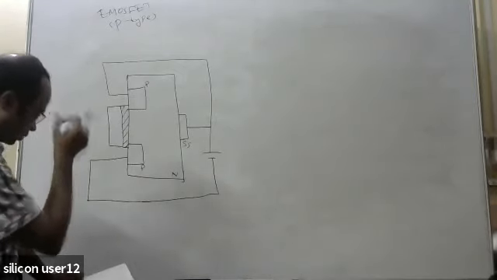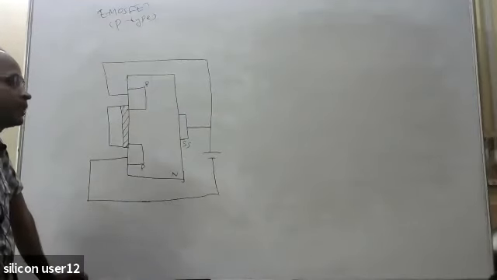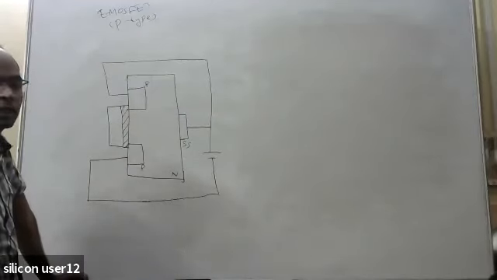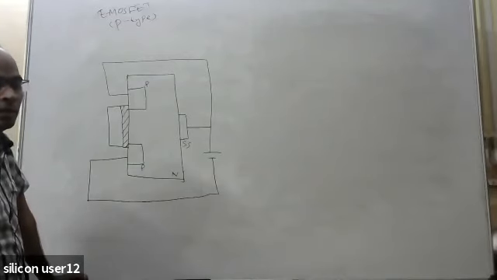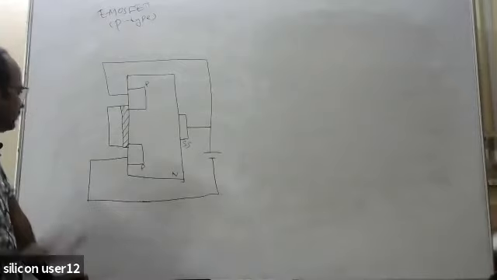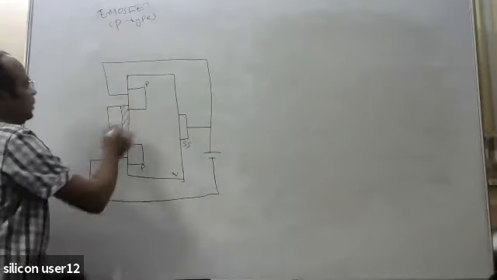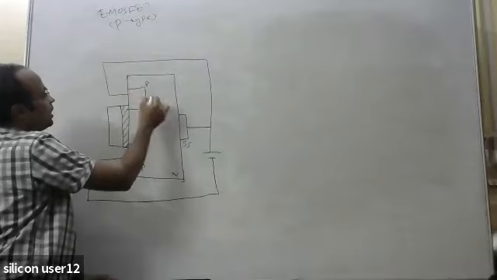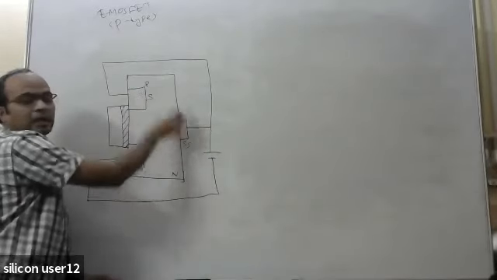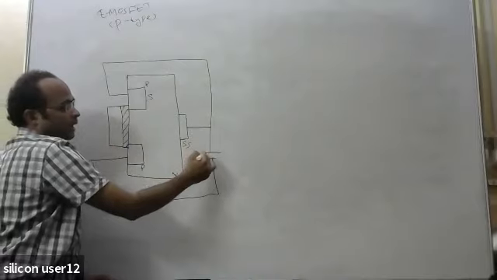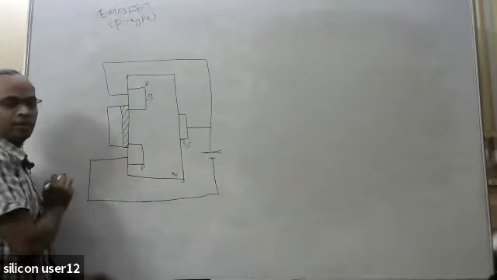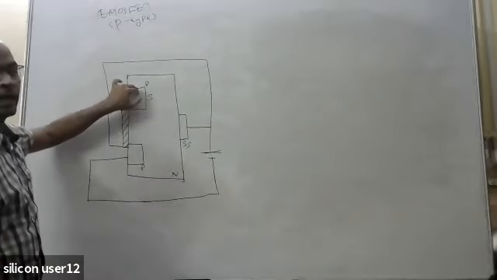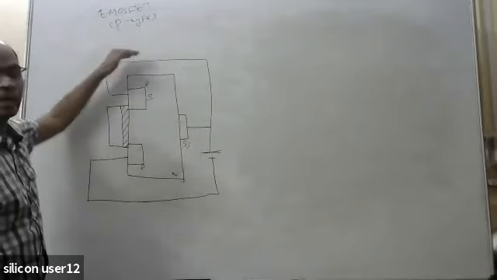So why will we call it the source? Basically, I told you there is no difference between the construction of the source and drain. But as per their voltage polarity or voltage connection, one is called the source and another is called the drain. So that we'll see here. This is your source terminal. The source terminal and the body terminal are connected, and that is connected to the higher side of this battery, and the lower side is connected to the drain terminal. That means the source and body both are at a higher potential.